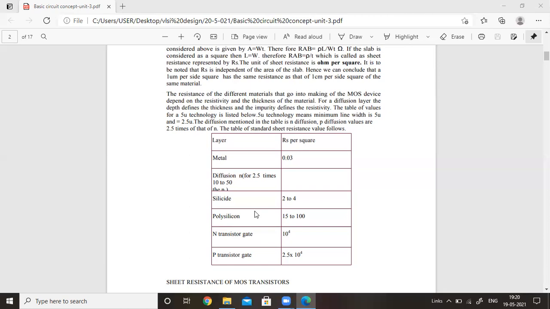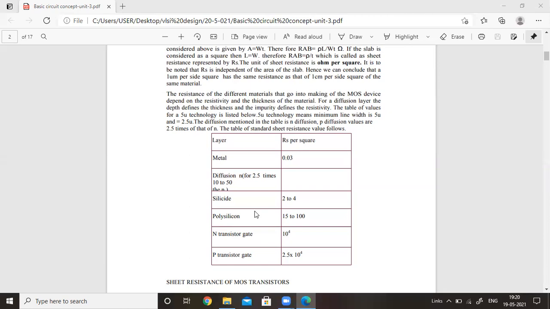What is the value of lambda? Because you know the width of the transistor here, W is equal to 5 micrometer. What is the minimum size transistor? Lambda based design rule, L is equal to W. W is equal to 5 micrometer, L is also 5 micrometer, whose value is equal to 2 lambda into 2 lambda area.